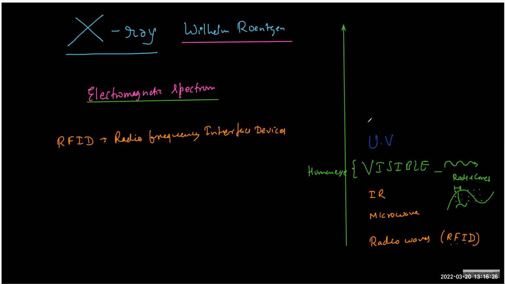So after UV, if you cross all UV energy levels, where do you reach? What is more than the ultraviolet? There you reach X-ray energy. X-ray is nothing but a part of the spectrum whose energy is much more than the UV energy. And once you cross the energy value of X-ray, then we have the next energy level called gamma. And once you cross the gamma rays, the next is called